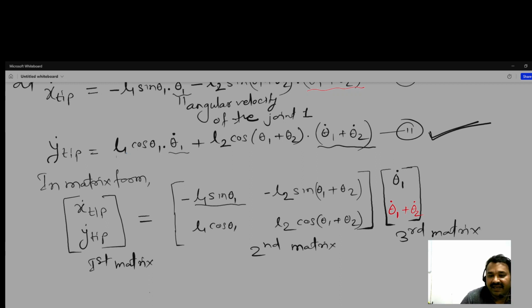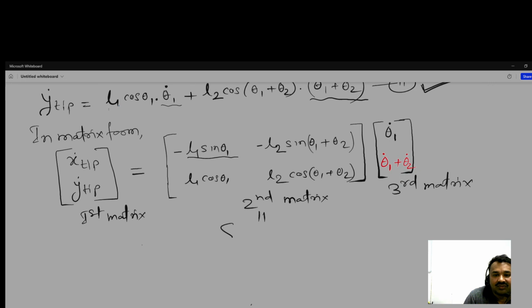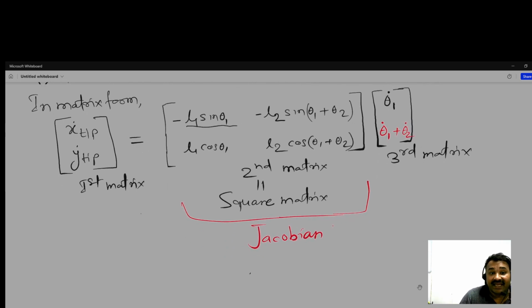Okay, and this second matrix, what is the size of it? It is a square matrix, and this matrix is known as the Jacobian matrix. Okay, so what is Jacobian? See here, Jacobian converts rotary motion,